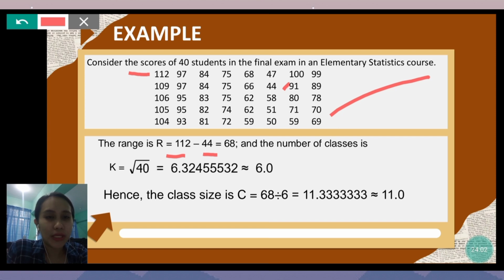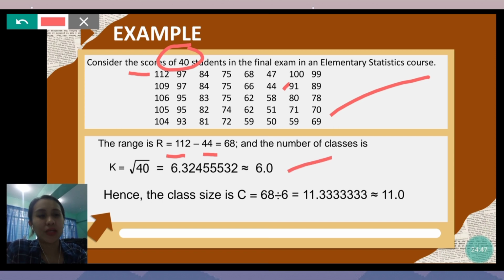Next is to determine the number of classes. For the number of classes, K is equal to the square root of N. N is the total number of population based on the data gathered. Here in the example, the information gathered is from 40 students, so K is equal to the square root of 40. As per the rule, you need to round off to the nearest whole number. The square root of 40 is 6.324 and so on, so if you round it to the nearest whole number,